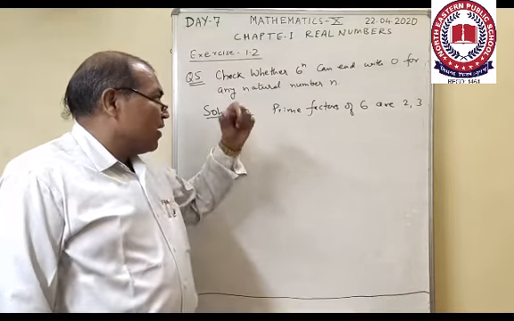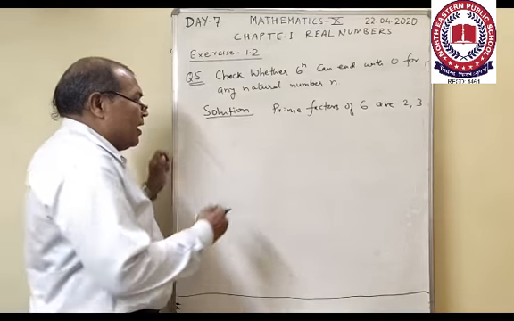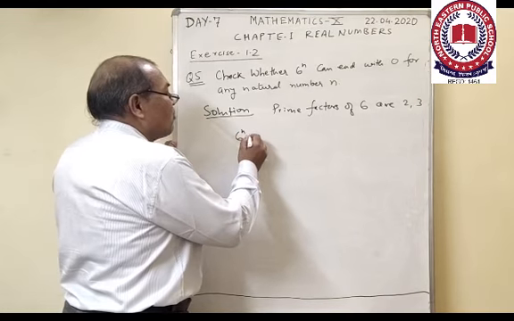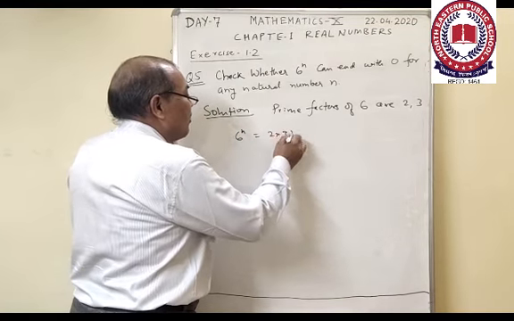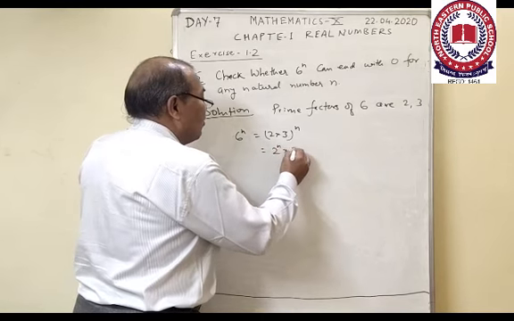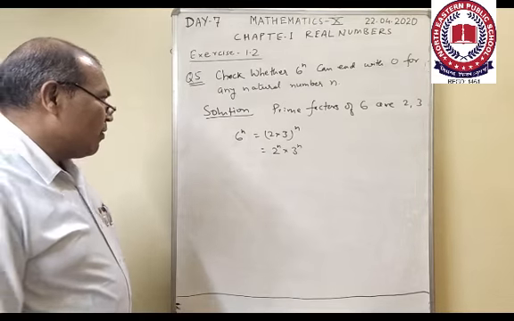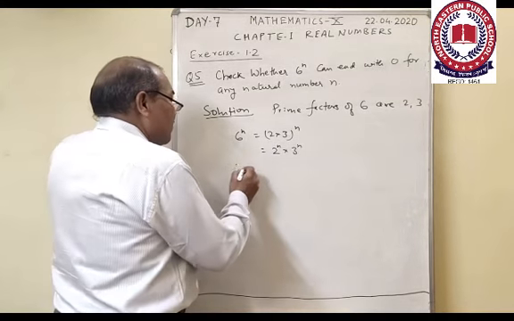So likewise we have a number 6 given here, but 6 power n. 6 power n means 2 into 3 power n. This we can write 2 power n into 3 power n. Alright. So whenever we see, since